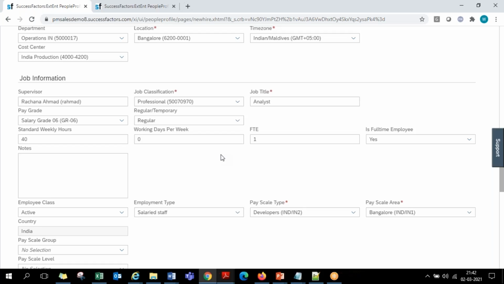Anything in custom portlets should be filled in only after you are done with the hiring and the employee got generated in the system. Then you can go to his profile and do the rest of the parts to be maintained, any other information to be maintained in the custom portlets. Custom fields in the standard portlets will appear, but a custom portlet will not appear in the hiring process. Clear?